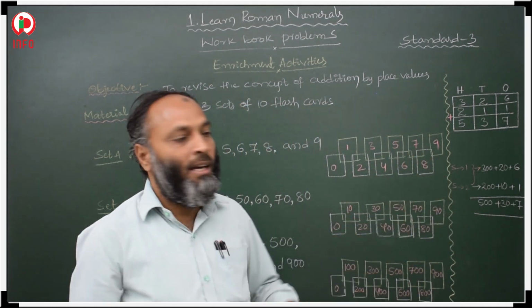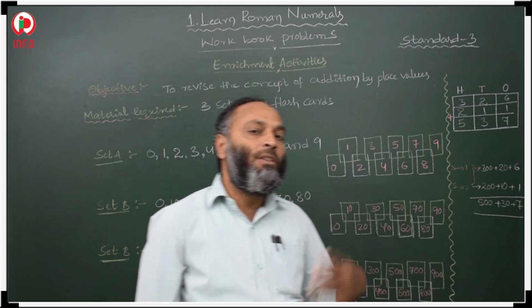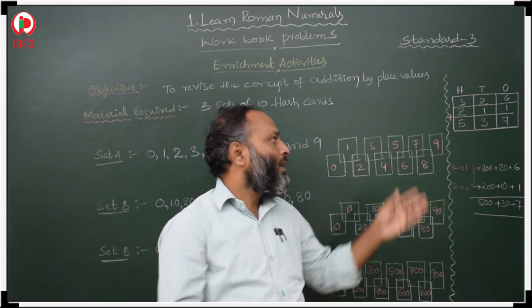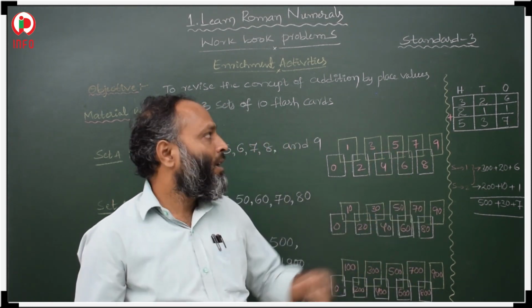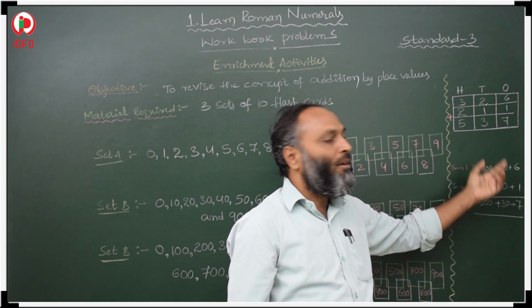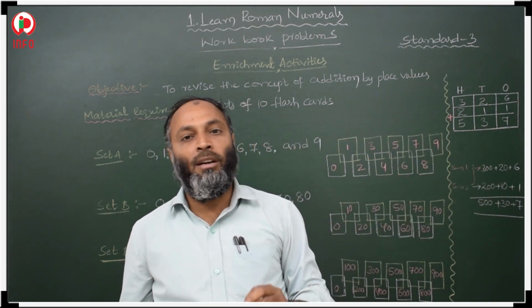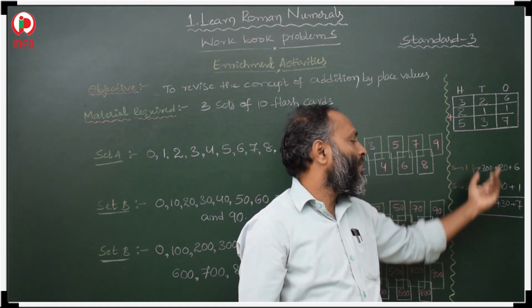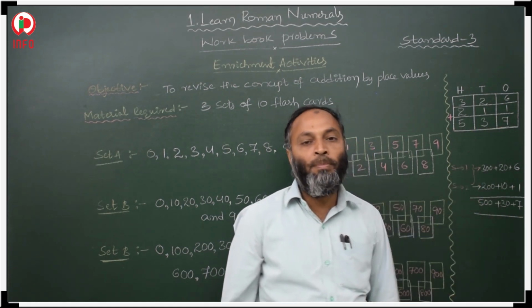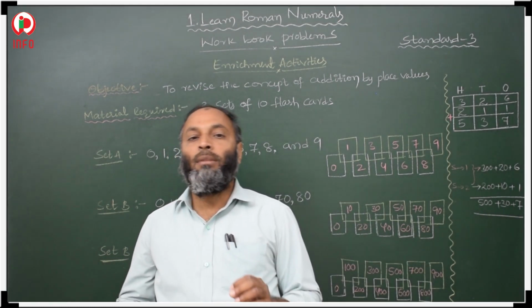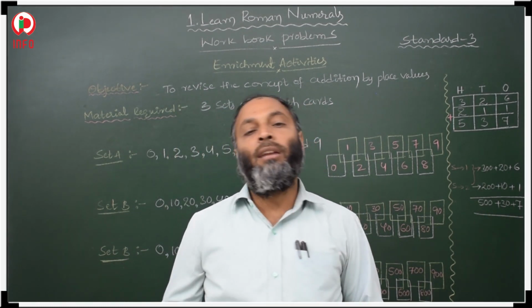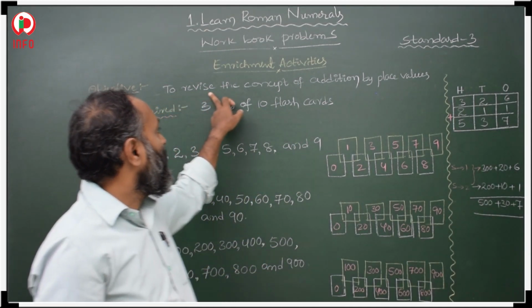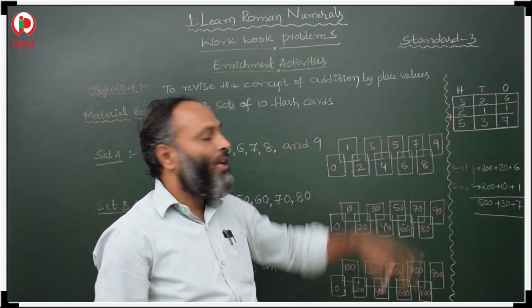In this way, again with 2 more students. Otherwise, you yourself can have 2 pairs of students come forward and do it. These types of questions: you have to form 3-digit numbers, write them in expanded form, add the 2 numbers, and write the expanded forms also like this. Then how to form a 3-digit number and how to write it in expanded form. This is the revised concept of addition by place values.